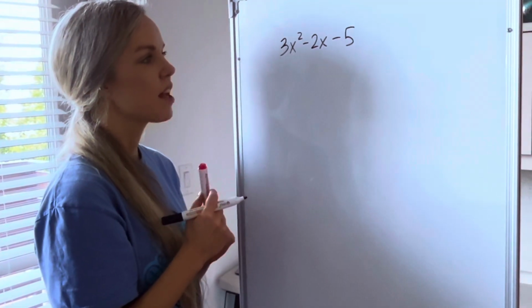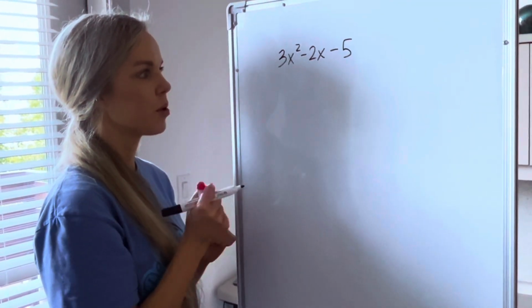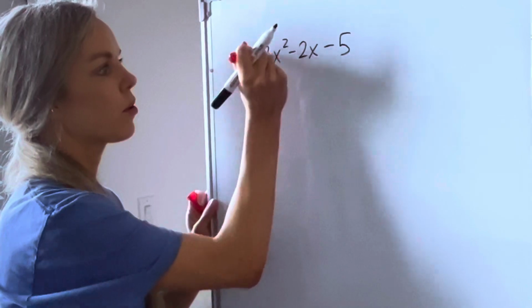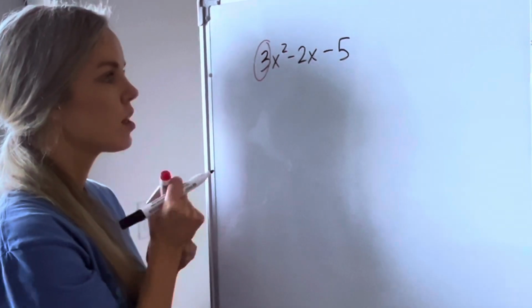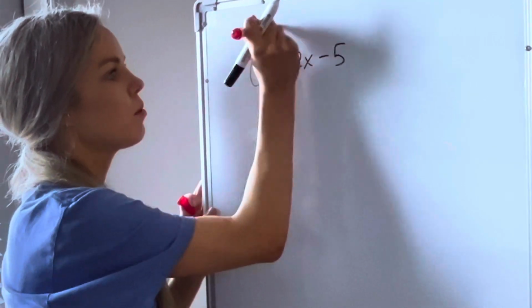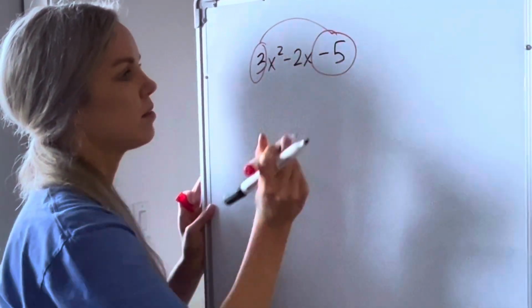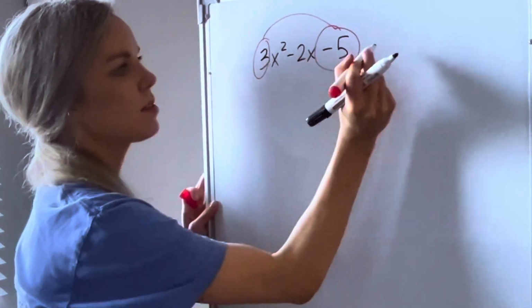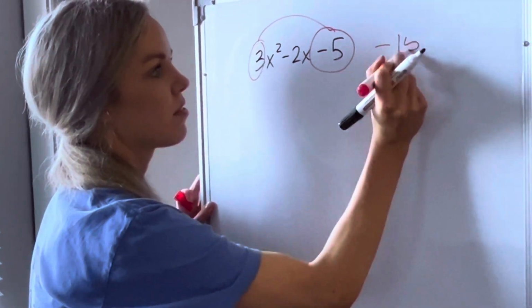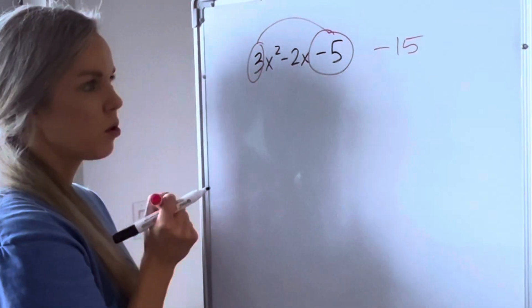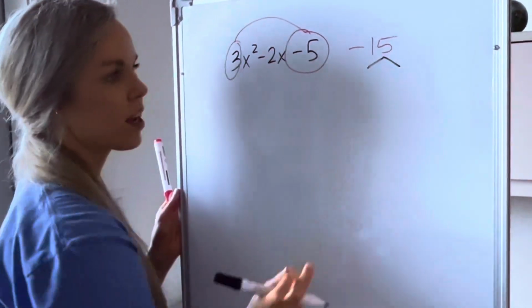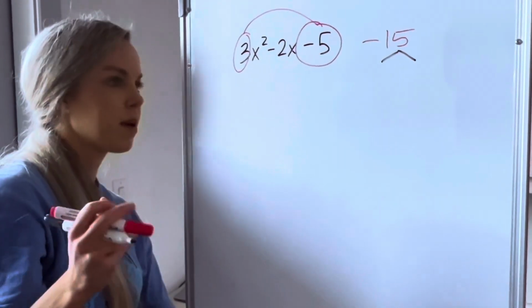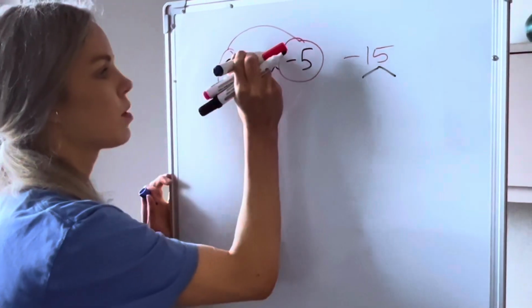Okay, so this is how to factor a trinomial when your a value, your leading coefficient, isn't 1. The first thing you do is take your a value and multiply it by your c value. So 3 times -5 is -15. And so you want to find two numbers that multiply to -15, but add to the middle number, the b